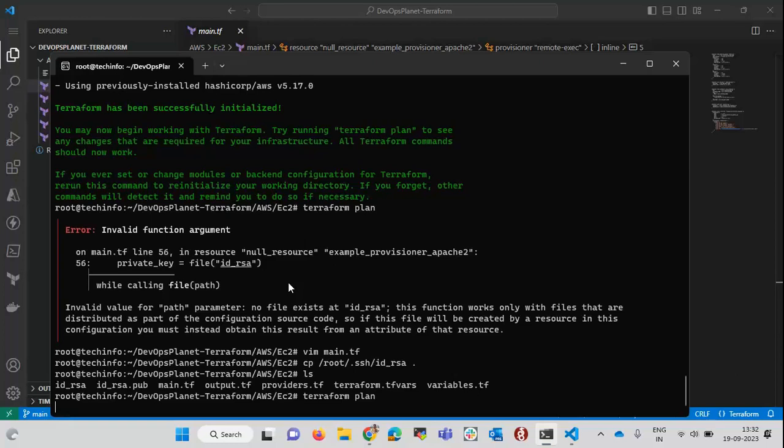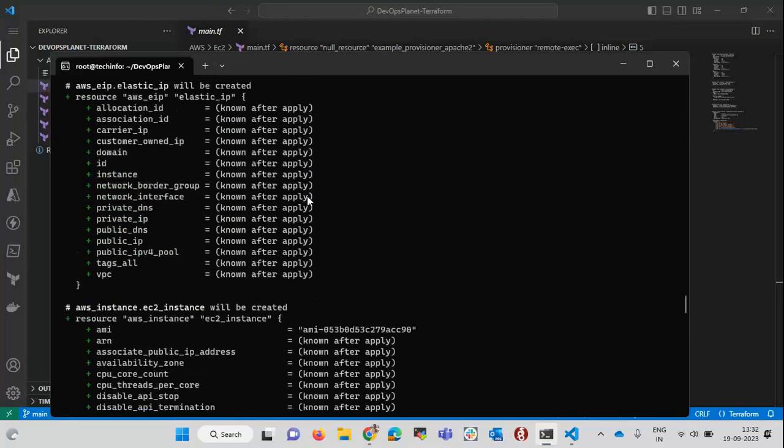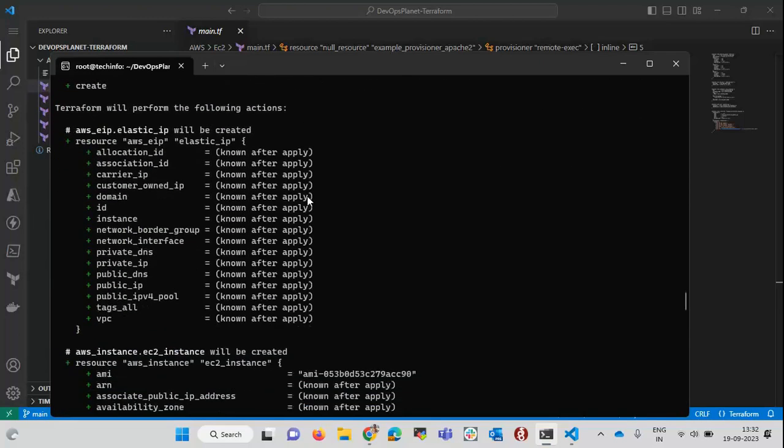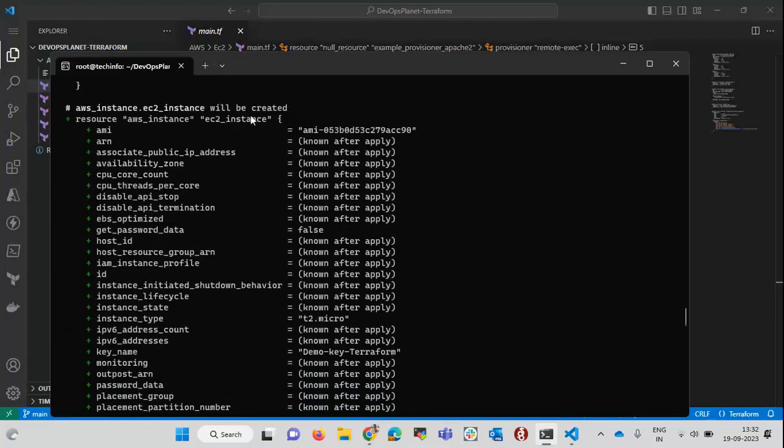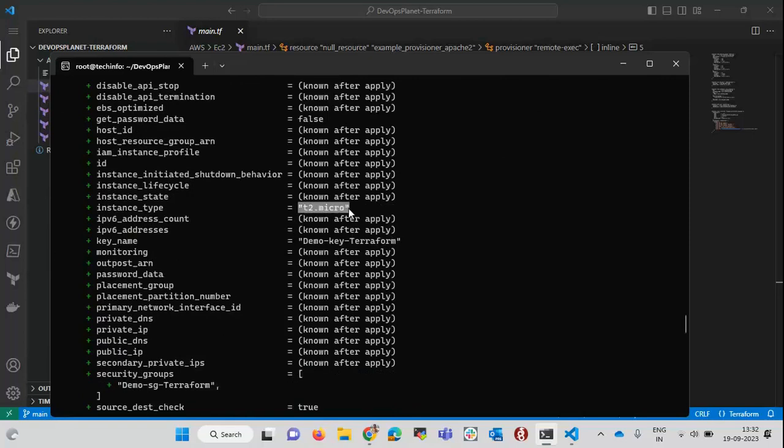So now it will give us a brief idea of what resources it will create. If you scroll up, it has given us the detailed plan that it will create an elastic IP. Then it will launch an EC2 instance. It will use this AMI ID which we have passed in our default variables. Then it will use this size which we have passed in our Terraform.tfvars file, and the name of the key